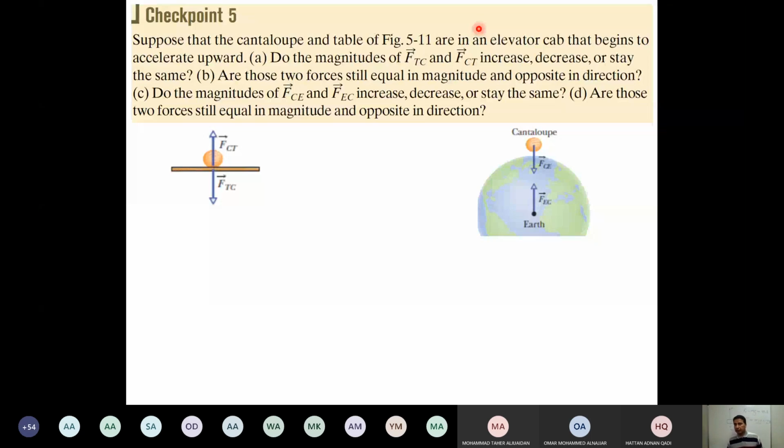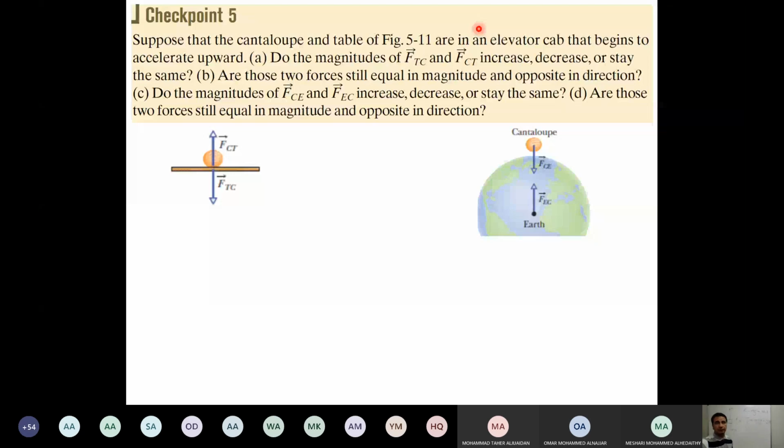Are those two forces still equal in magnitude and opposite in direction? The F_CT and F_TC, are these opposite and equal in magnitude? No. Okay. Yes, maybe. Opposite, not equal magnitude. They're certainly opposite, but the trouble point is whether they are equal or not. And the answer is yes, they are equal, because until you see that the cantaloupe is